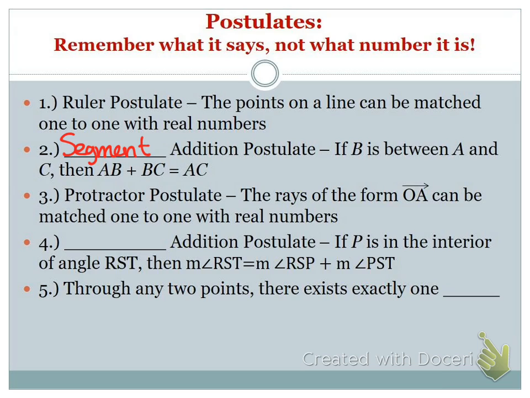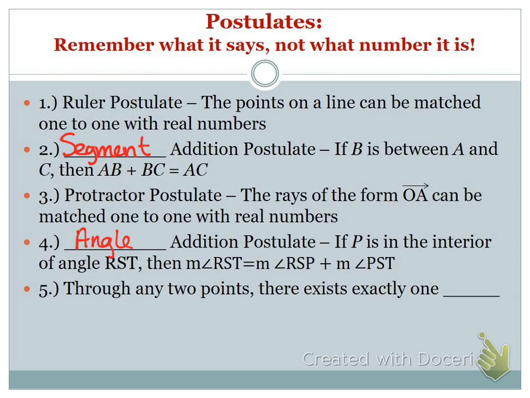The angle addition postulate is the one that states if P is in the interior of angle RST, then the measure of angle RST is equal to the measure of angle RSP plus the measure of angle PST. That's like what we saw in the warm-up. Take two small angles, add them together, you get the bigger angle. All right,